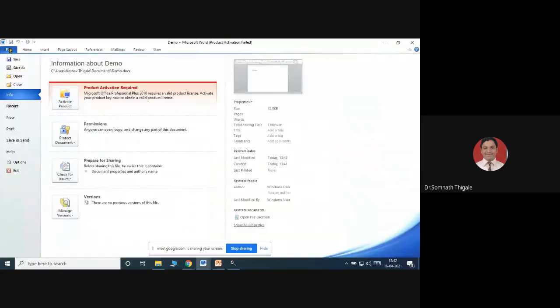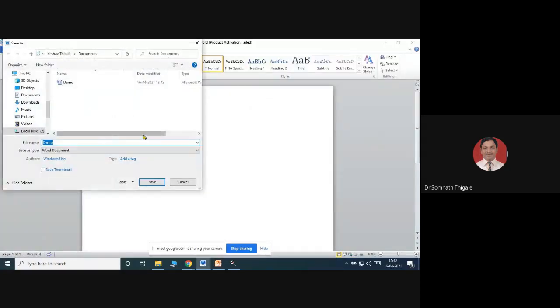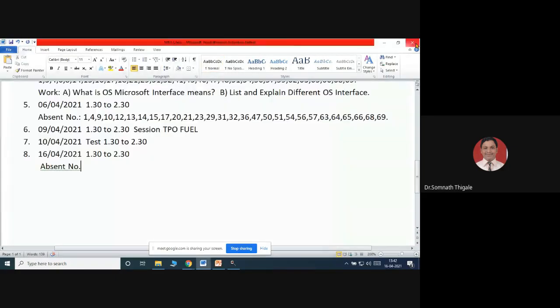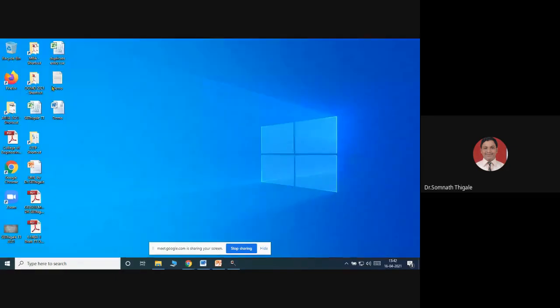This is demo, and I will save it on the desktop itself. Close this. See here, earlier this was a .txt file, and this is a .doc file. So this is a documentation file, and this is a text file. Understand the difference first, and then we will discuss what the doc file means in chapter 3. I hope I have shown you the basic part with a small example.